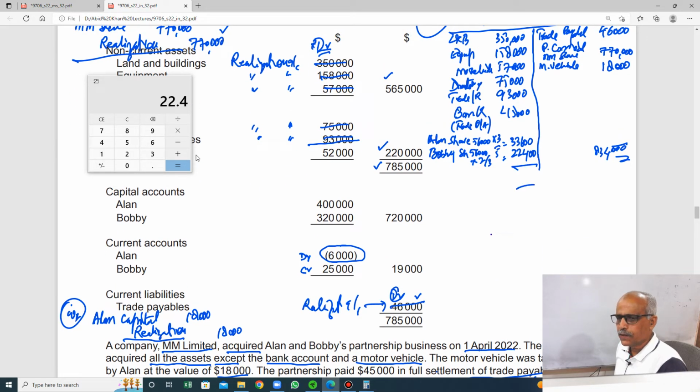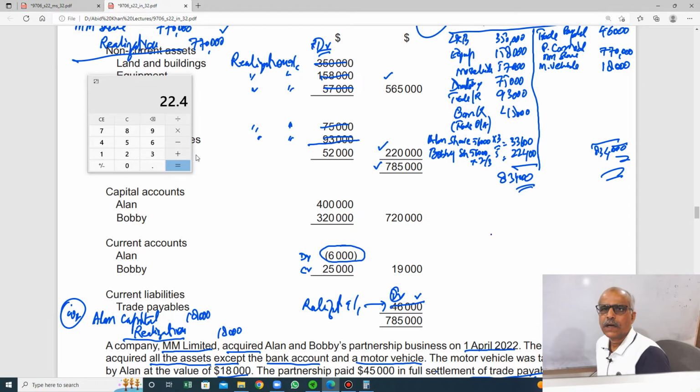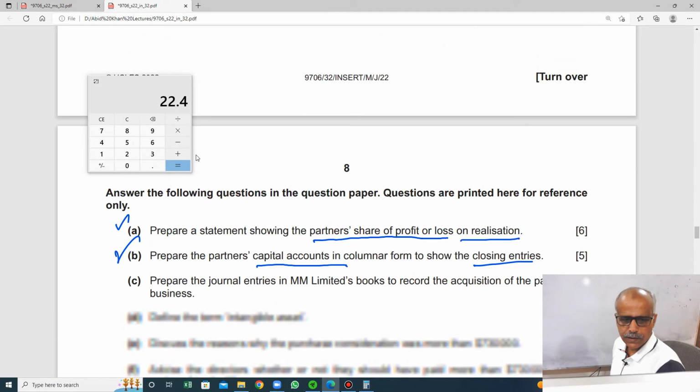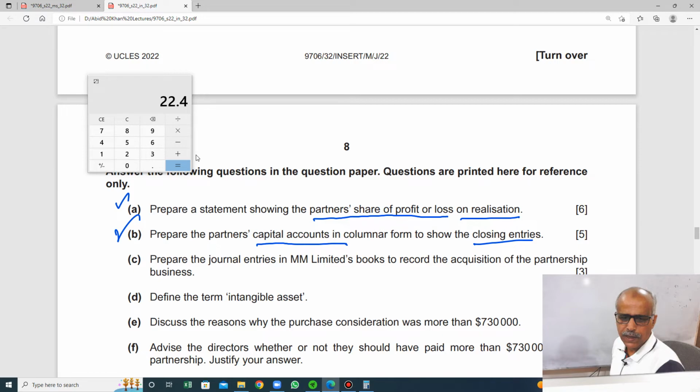So we have calculated Alan will get 33,600 as a share of profit from realization, and Bobby will get 22,400 as a share of profit from realization. So we have done with part A. Now we will do part B. Part B, prepare partners' capital account in columnar form to show the closing entries. Okay,